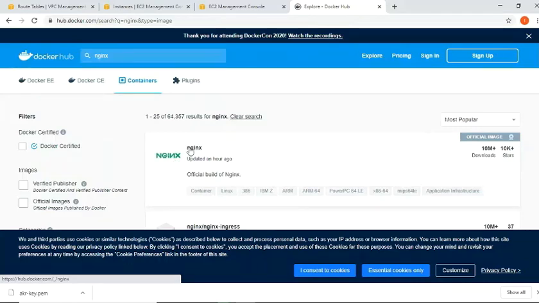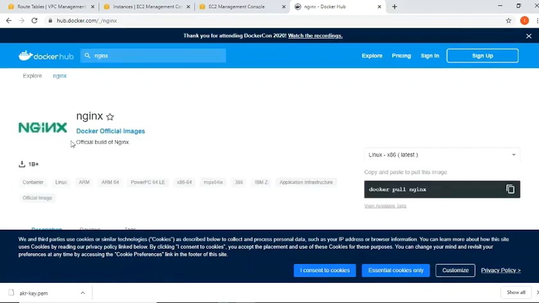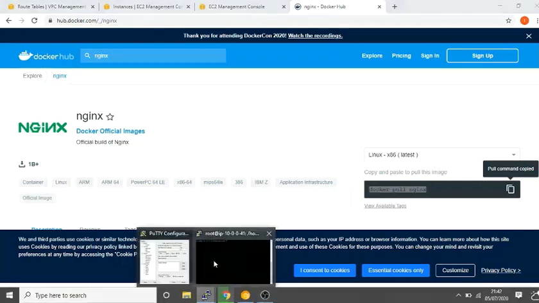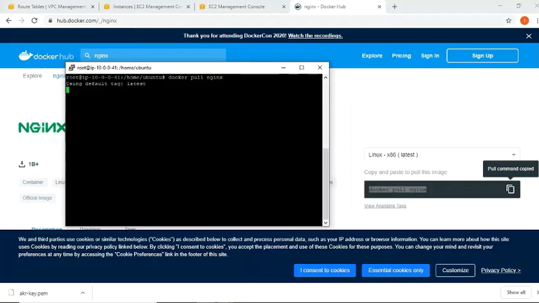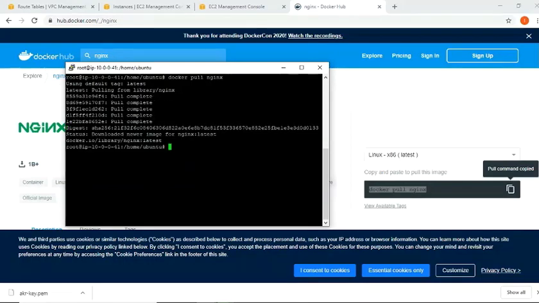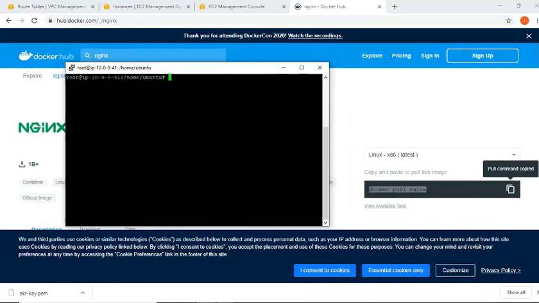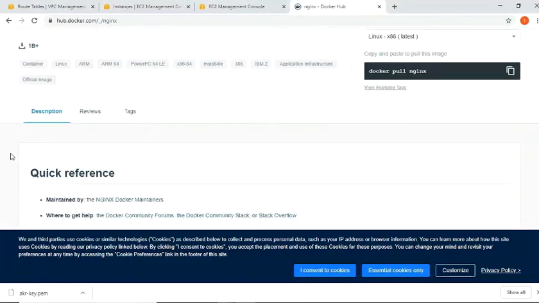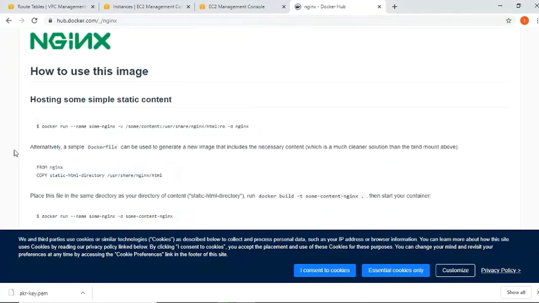So that's it. That's your Nginx Docker image. Copy this, go to your instance, enter, and pull the image. Okay, check whether the image has been pulled properly or not. So I'll just say clear, and then I'll say docker images. Yes, the Docker image has been pulled, and now once the image has been pulled, the next step is to create the